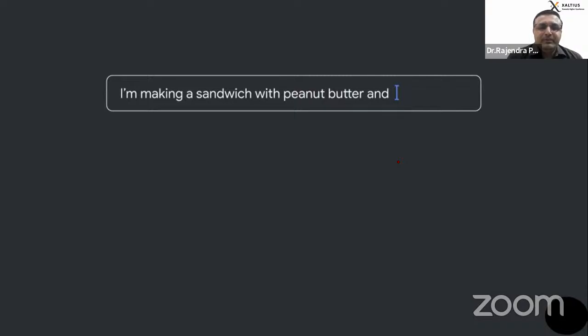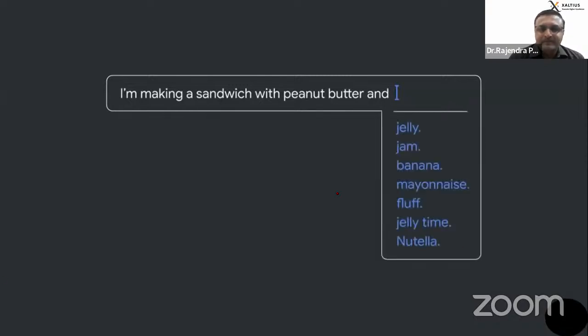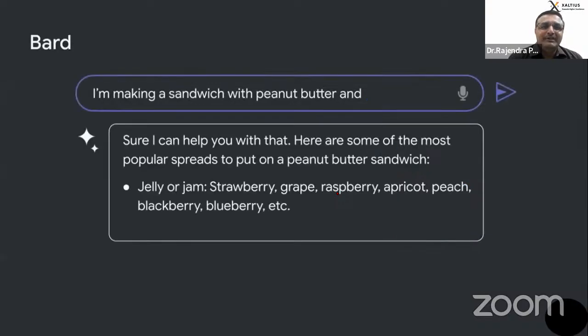All are suggesting bread. Only bread is the option. So just imagine, roti. See now, what will be the suggestions that will come? Jelly, jam, banana, mayonnaise, fluff, Nutella. Got it? So many possible options are there. This is the beauty of the technology.